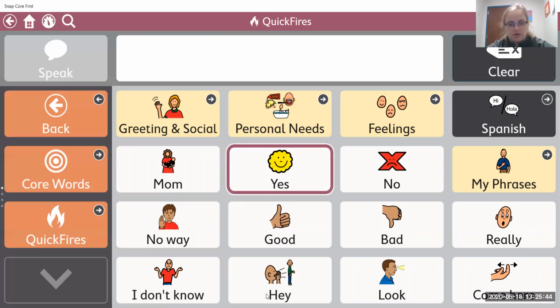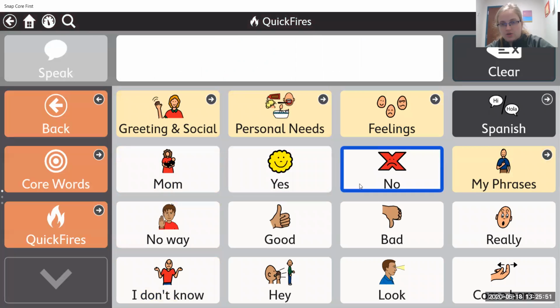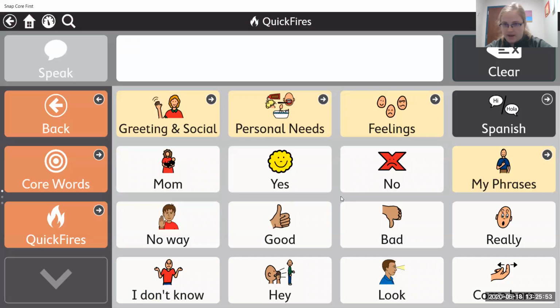When we are using the word no, we might use it as a way to protest. So something is happening, you don't like it, you say, No. I don't like that. No. Some examples of things that you might protest to: it's too hot, it's too cold, someone's being really loud, somebody's talking about you, or somebody's staring at you too much.